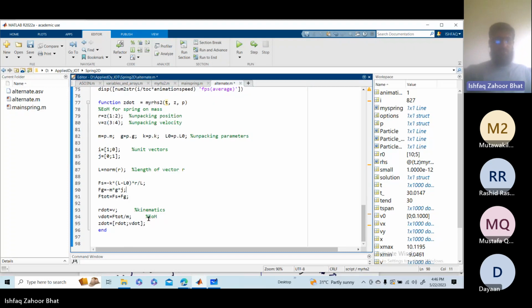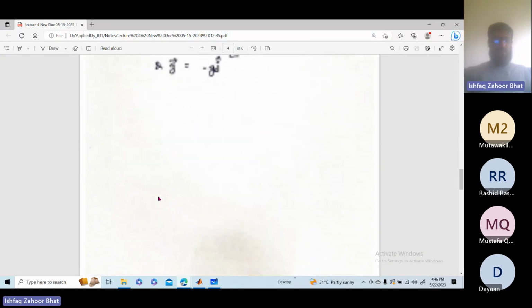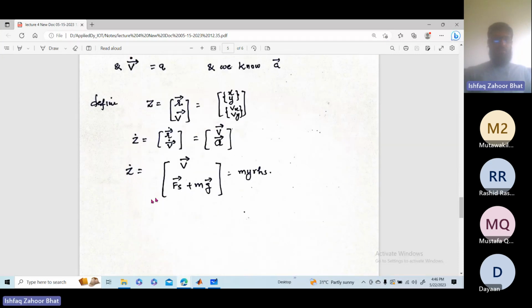So what this function will do, see, it is giving us z dot. So let us see here what this is actually doing. See, it is starting from here. It gives us z dot. So what is the z dot in terms of z? Because we will initiate z, so we know initially what is z. We don't know what is z dot naught. We don't know what is the rate of change of z